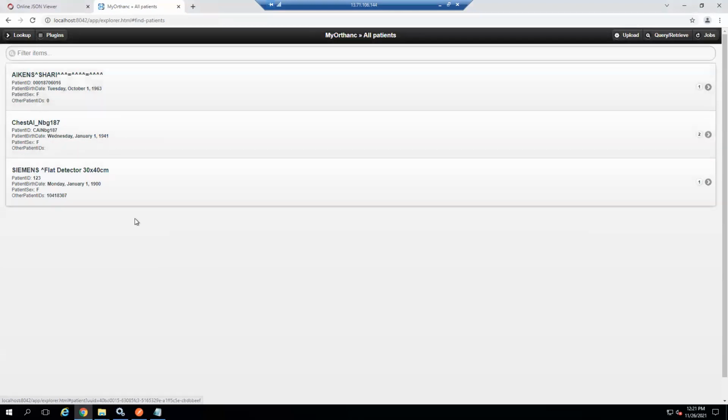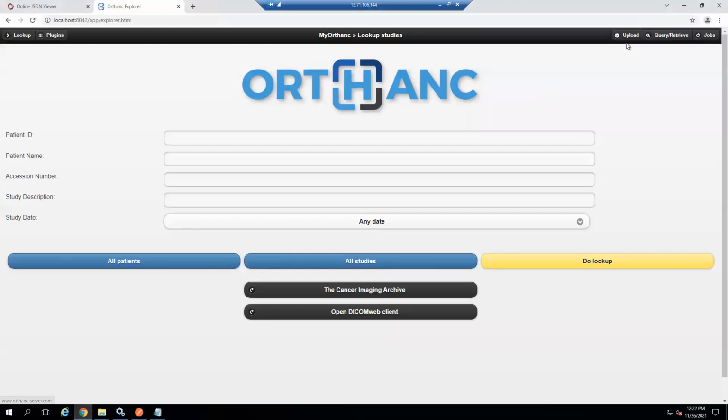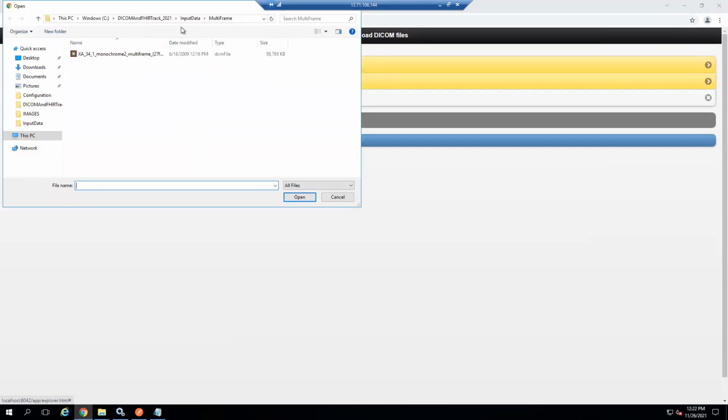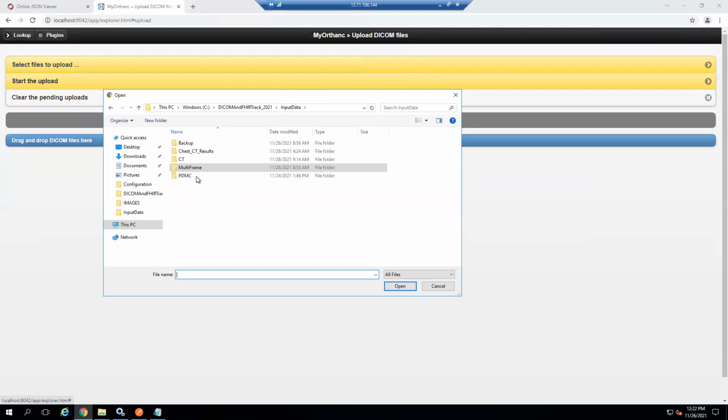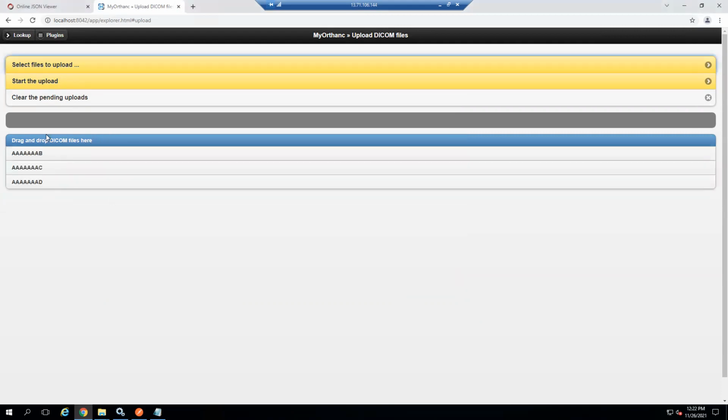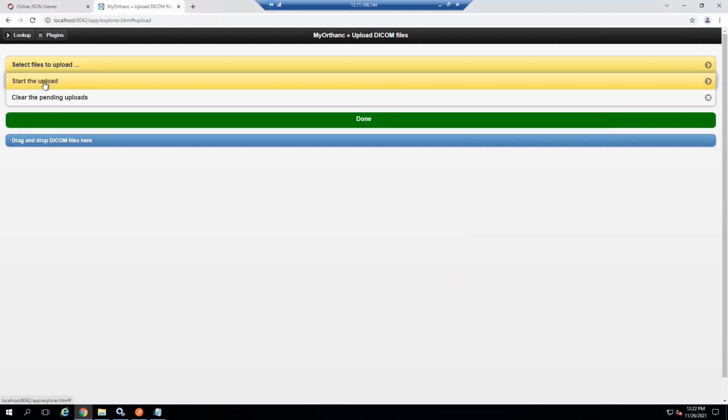Now let's see in detail. Here, if you see, I already uploaded some patients, because if I upload these patients during the session, it will take a long time. I'll show you how to upload a patient also. Here there is an upload button. You can upload from a file location. Okay, you can select the files from where you want to upload. So here I'll upload this patient and I'll delete it afterwards, and I'll show how to use the modality to send these images. Okay, so now all these patients, all these DICOM objects, I opened. Now I do start upload. It will upload the patient.